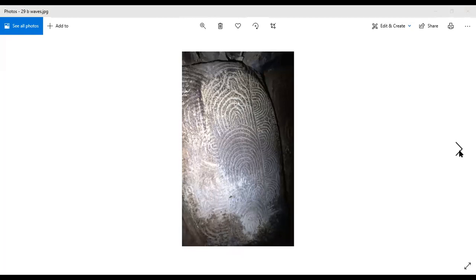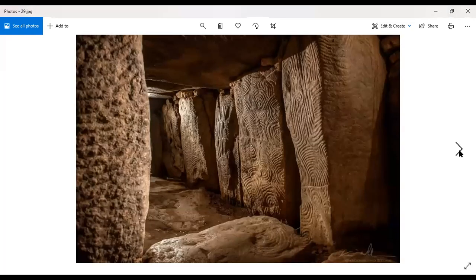So obviously this has all been planned on the stone. It would have been planned on the stone, because if you made a mistake, then you've probably got to re-chisel over the entire surface. And look at that, carvings on the sides of the stones as well. And there you go. If you spot the one on the floor,